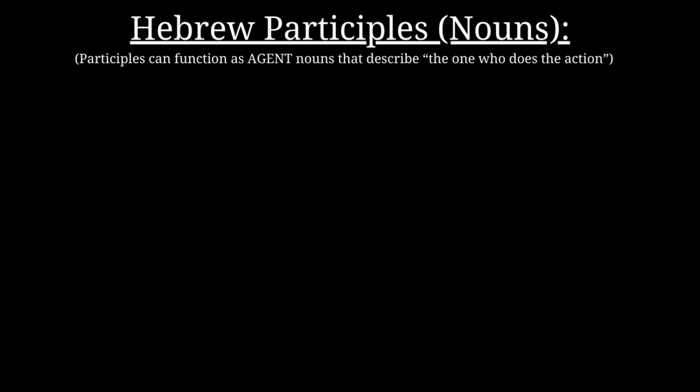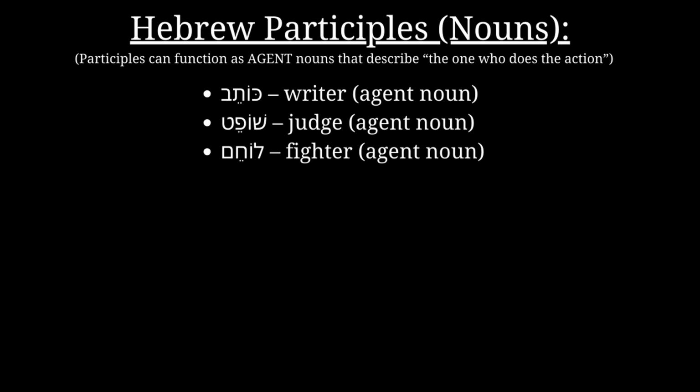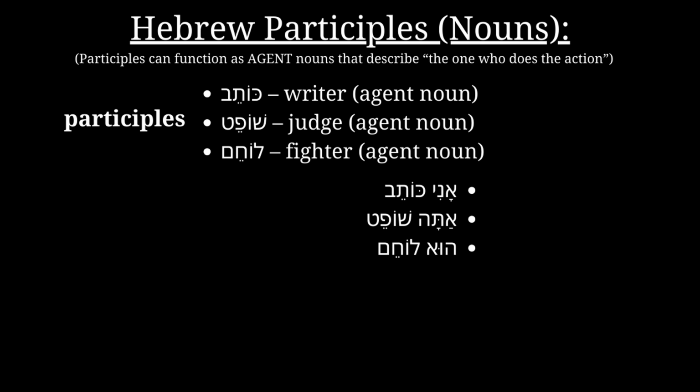Moreover, participles can also function as nouns, specifically agent nouns that describe the one who does the action. For instance, kotev can mean writer, shofet can mean judge, and lochem can mean fighter. These words can be participles that act as agent nouns, but it's important to not confuse them when they're used in context. Suppose we say ani kotev,